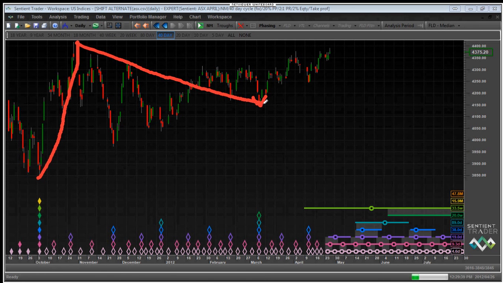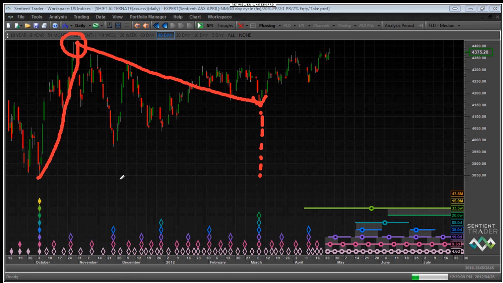Okay. Now that is a fairly bearish shape. Why is it a bearish shape? Well, it's not bearish because the intermediate trough here is quite a lot higher than the first trough. That doesn't make it bearish. In fact, that makes it look quite bullish. But what does make it bearish is this very early peak.